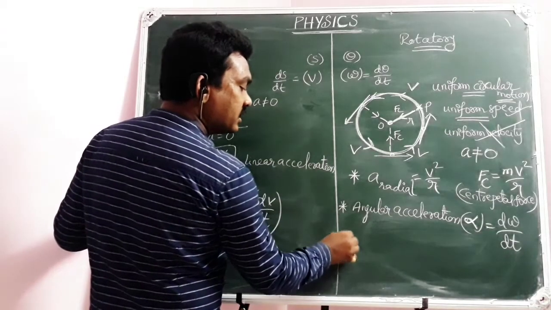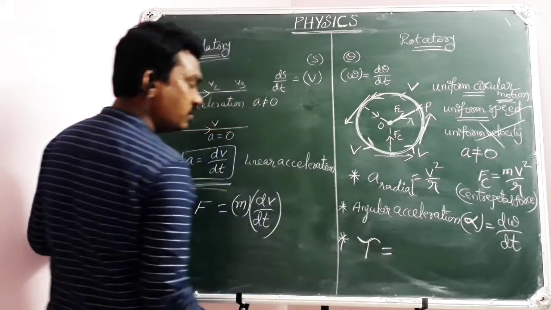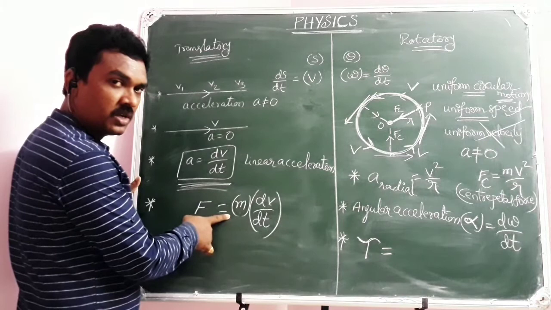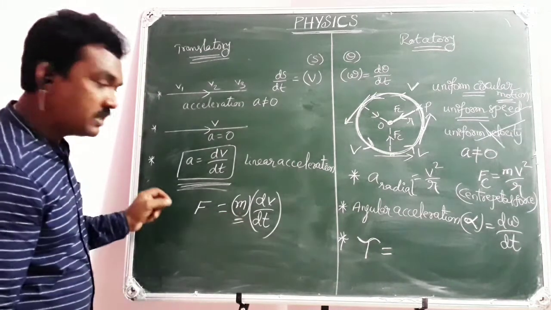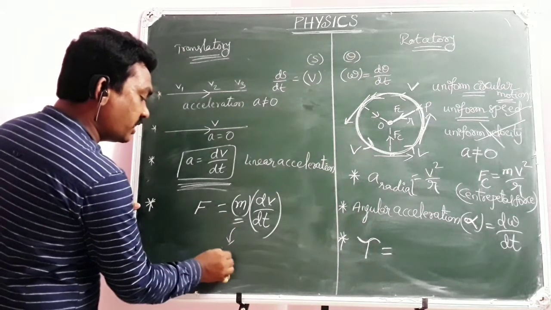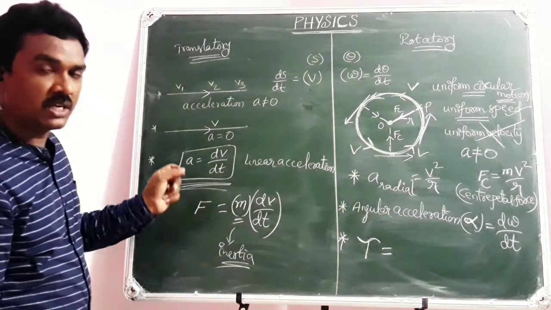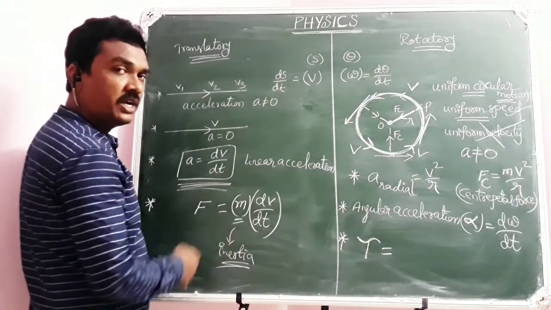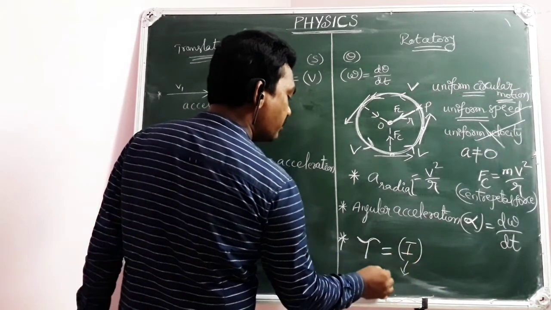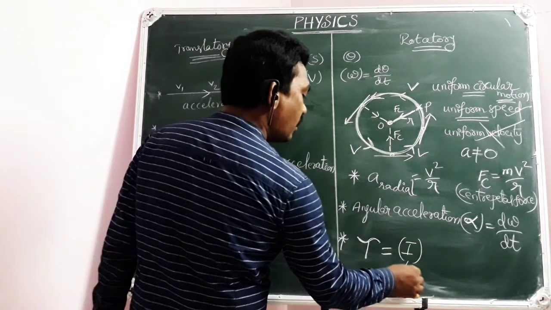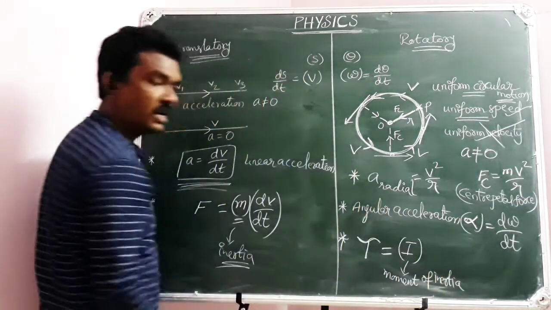Similarly, the factor that is responsible for rotatory motion is torque, tau. Here m, you know, is mass. Mass is the measure of inertia, remember. Mass is the measure of inertia, the property of a body to oppose sudden change. Like inertia in translatory motion, there will be moment of inertia, which is I. Don't think about this much, you are going to get it in the coming classes.